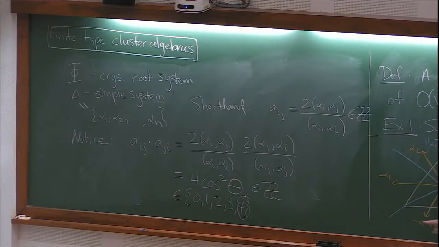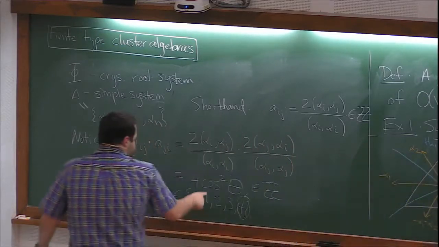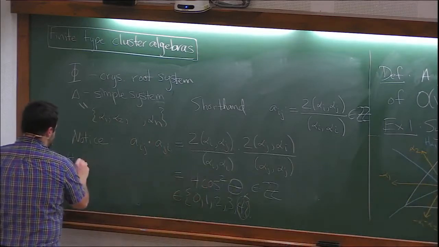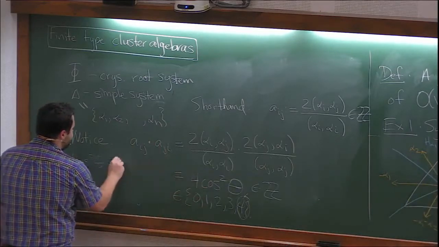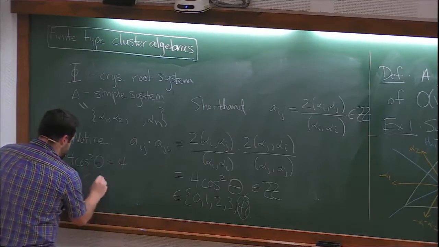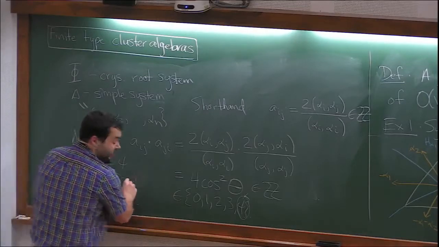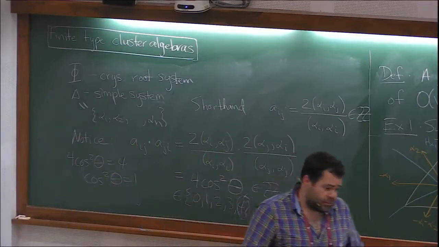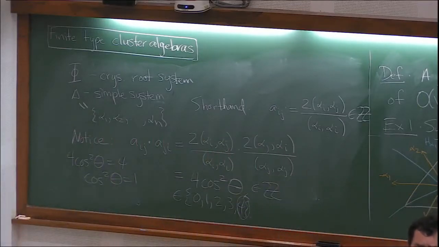Yeah, so, what's going on with 4? So if 4 cosine squared theta is 4, then I divide by 4, and cosine squared theta is 1. And then theta has to be 0 or pi, so that only happens in our root system when I take